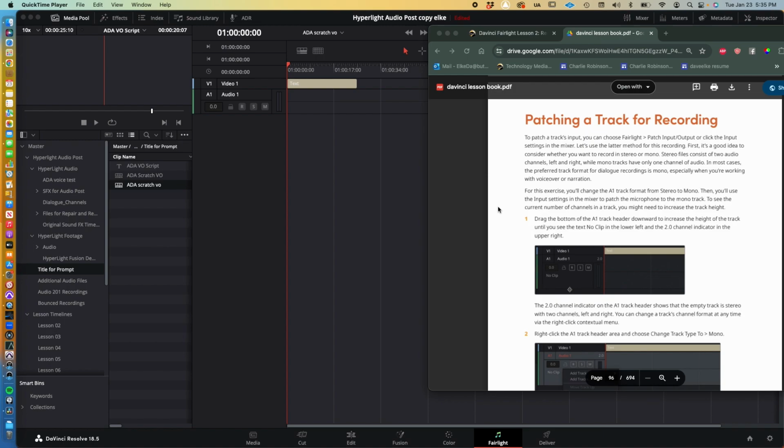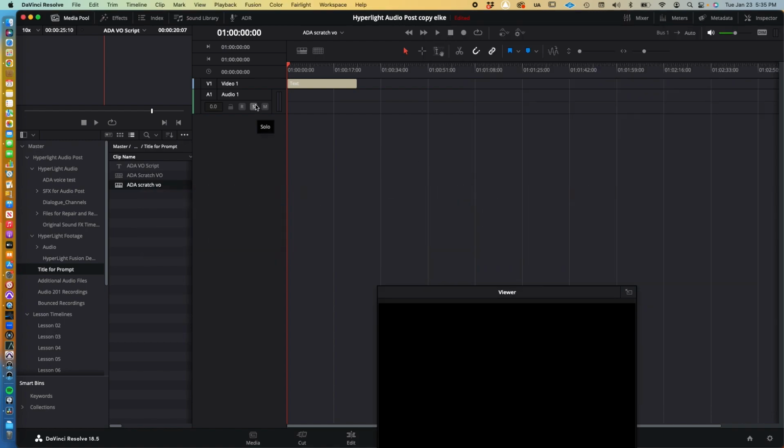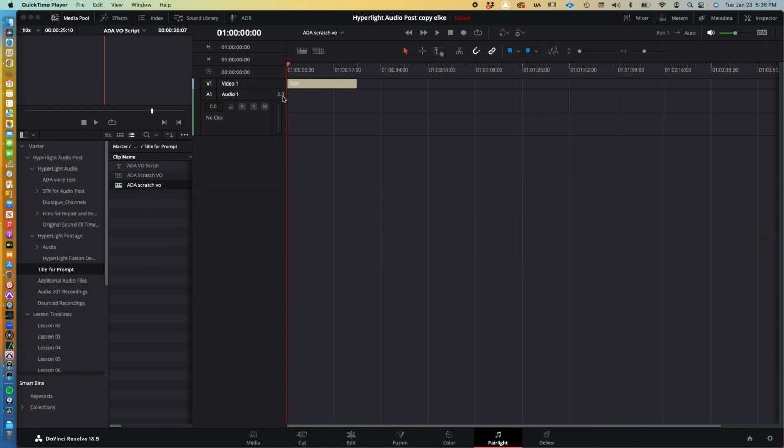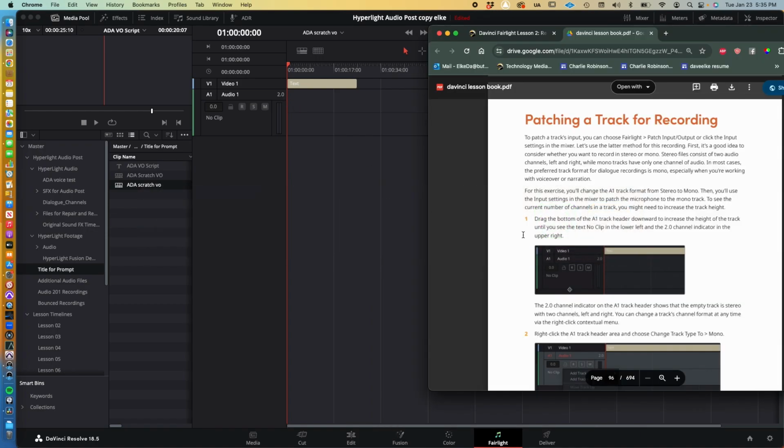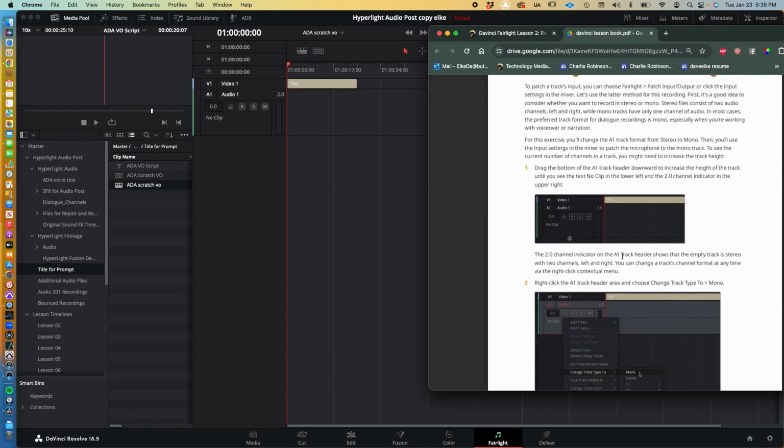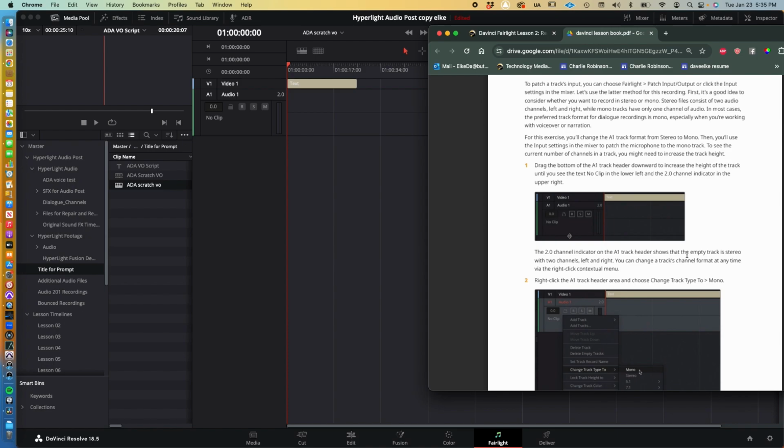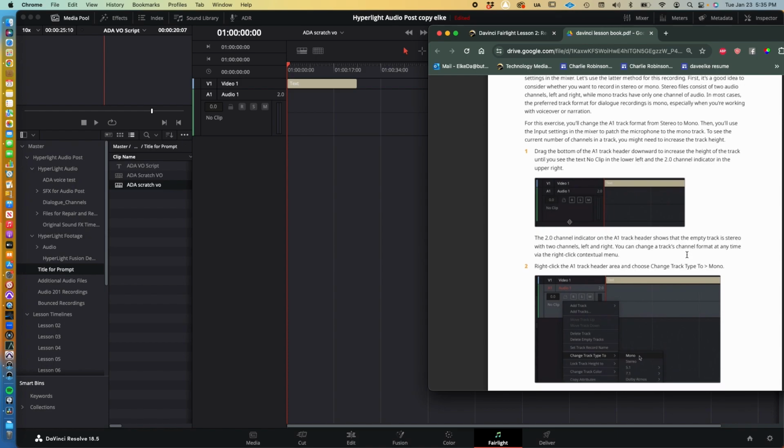To see the current number of channels in a track, you might need to increase the track height. So step 1, drag the bottom of the A1 track header downwards to increase the height of the track until you see the text "no clip" in the lower left and the 2.0 channel indicator in the upper right. A1, we're going to drag this down, no clip, 2.0. The 2.0 channel indicator on the A1 track header shows that the empty track is stereo with 2 channels, left